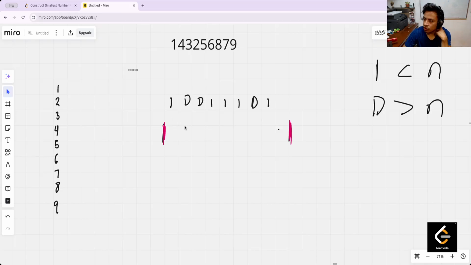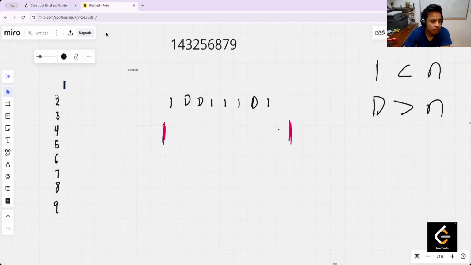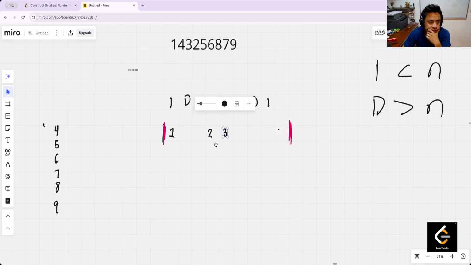I need to try to use at the beginning the minimum values. For example, here, I have I that I can put here 1, the 2, 3,